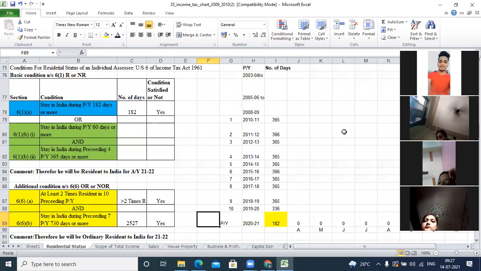He is satisfying the basic condition under Section 6 subsection 1 clause A, that is 182 days during previous year (2021). Full stop. Therefore,